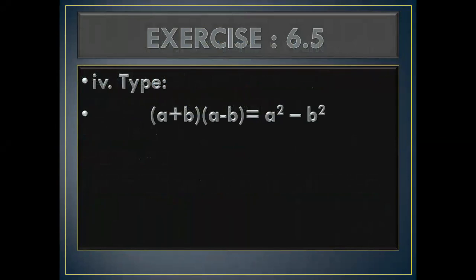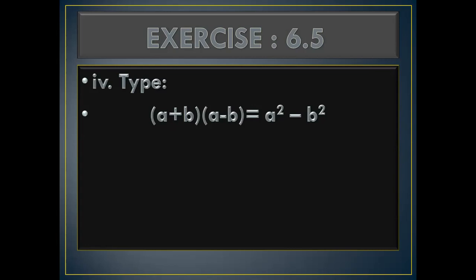We have already done 3 types of factorization. In the first, we have only one expression, ka plus kb plus kc. 2 or 3 terms are given and we take common from these and do the factorization and convert the expression into the product of 2 factors. Then in type 2, we have 4 terms and we make pairs and then we take common. 2 times we do the step of common terms and then we call it complete factorization.